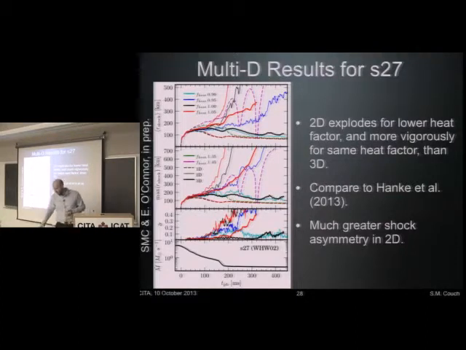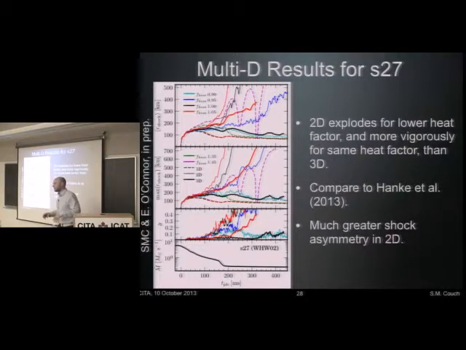So it doubled. So, some people, and some of my referees included, think that increasing this by 5% is a very small change. And so these models must be right so close to explosion that they're marginal anyways. Well, actually, it takes a lot more oomph in terms of global heating efficiency to get these things to blow up. And this is just our knob that we can turn to achieve that. The other thing is, this is the standard deviation of the shock surface weighted by the mean shock radius. And what we see, these thin lines, it's a little hard to see on the projector, and I'm sorry for that, but 2D is universally far more asymmetric than 3D.